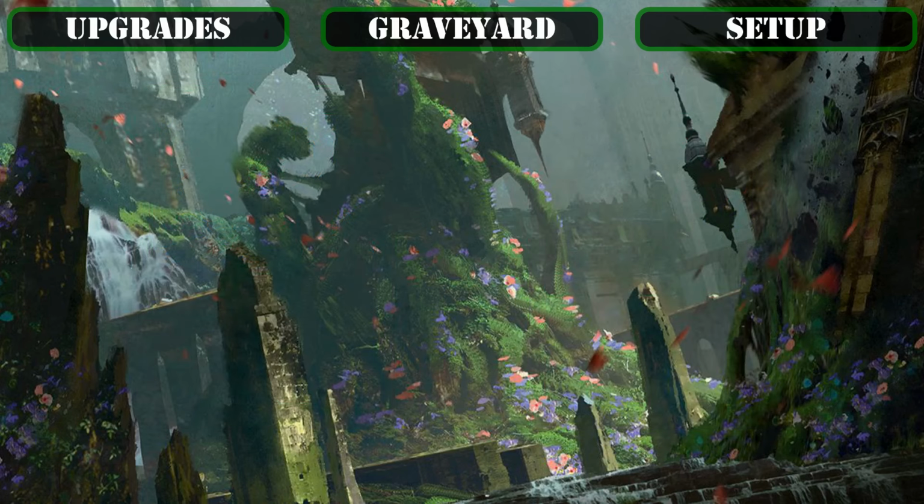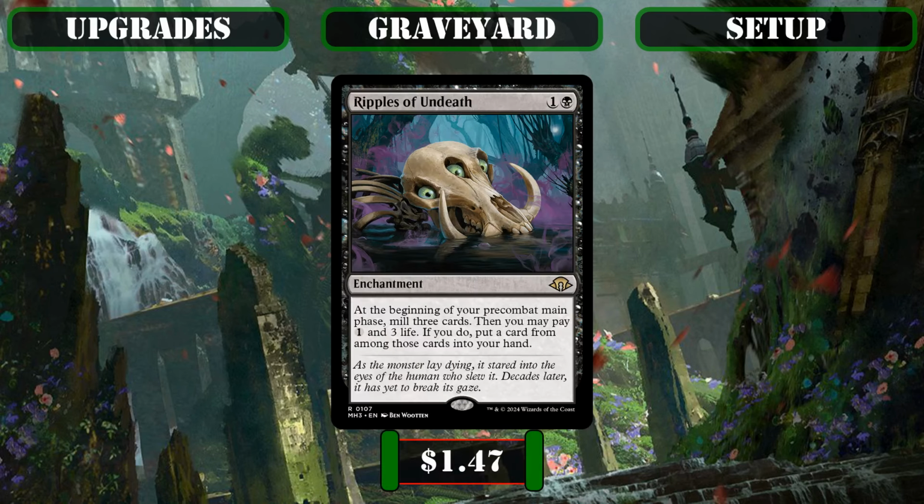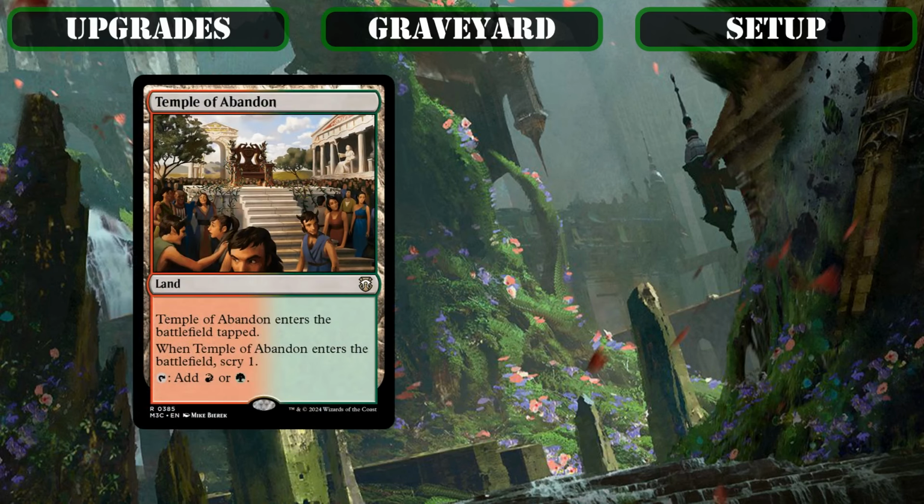Then from there, we'll be raising one of our excess lands, Temple of Malice, to make space for the new Ripples of Undeath, which provides the build with even more passive self-mill, while also giving us the option to keep one of the milled cards if we need to, which can be a lifesaver if we mill over a playmaker we won't be able to get back easily,